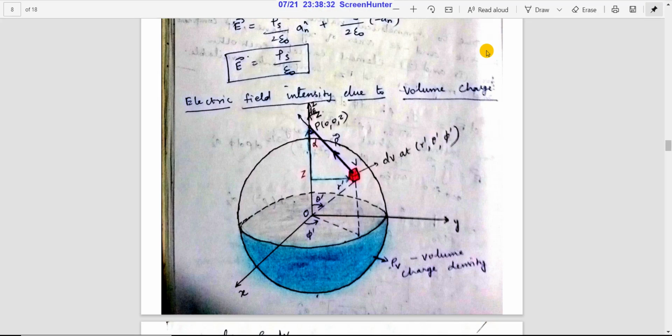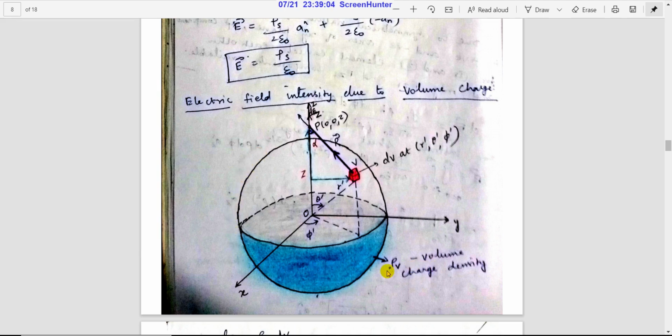Good day to all. In this video we are going to see the topic called electric field intensity due to volume charge density. In the previous two videos we have dealt with the electric field intensity due to line charge density and electric field intensity due to surface charge density. So here we have considered